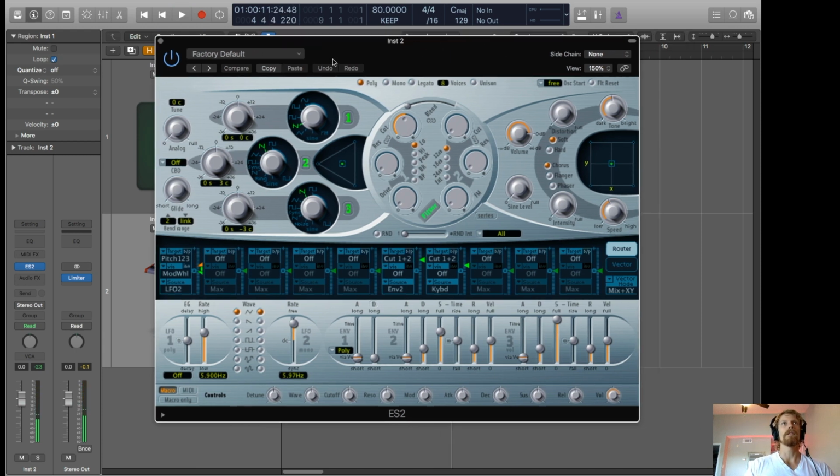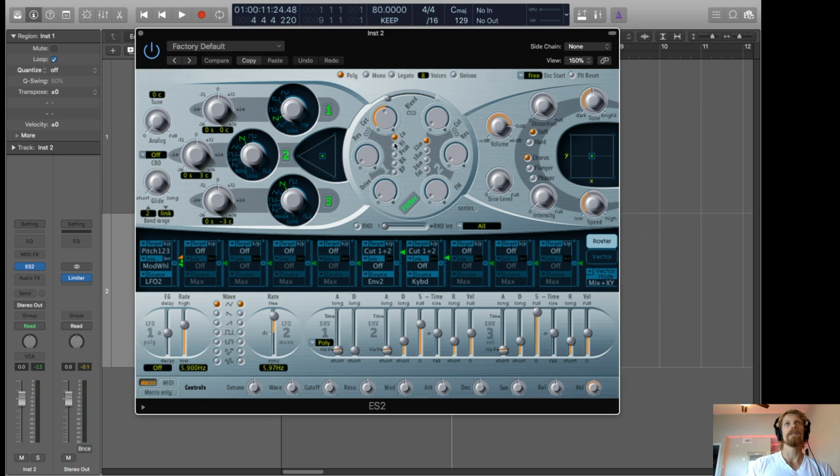Okay, so we're going to start from the factory default. First thing I'm going to specify here is that you want to turn off oscillator 3, and you're going to leave these two oscillators on. They are currently set to a sawtooth wave, and that's what we want. And I'm going to take this, move it up here so that it's a blend of the two oscillators, and I'm going to pull the octave down one whole octave, or 12 semitones